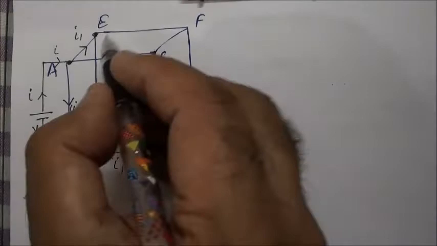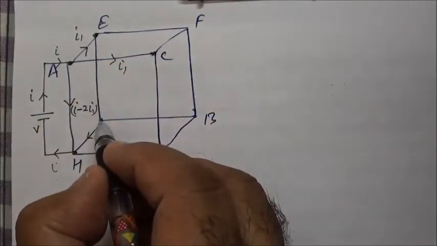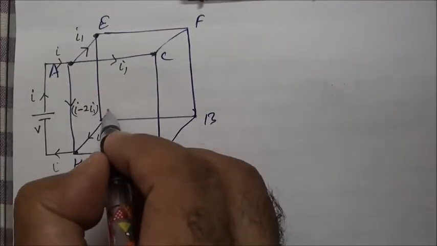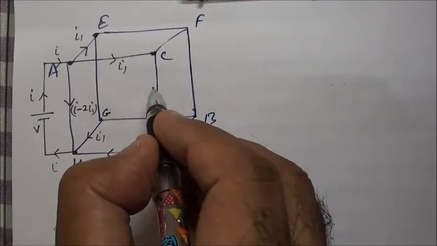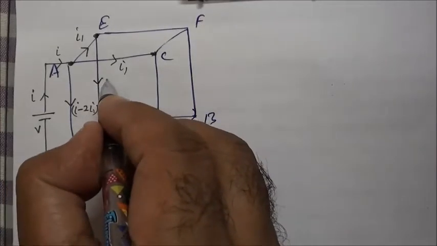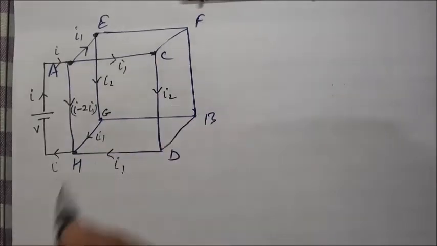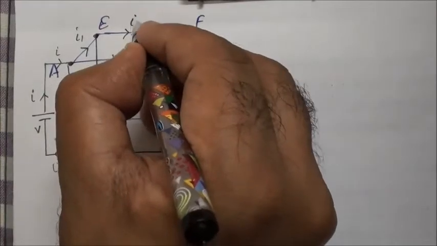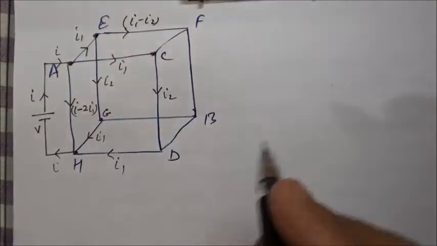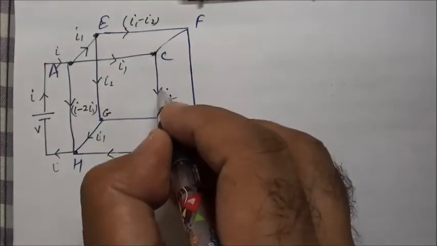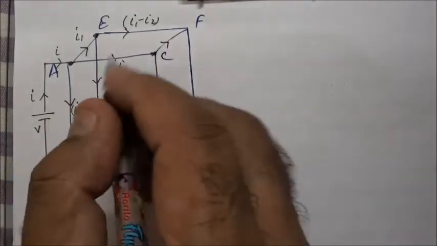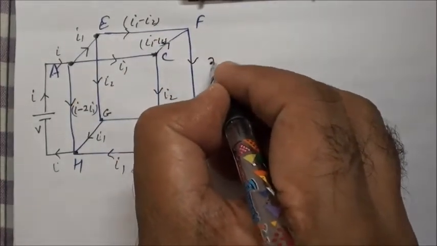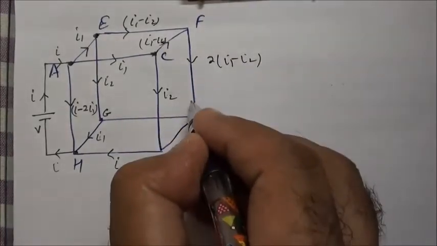Same way here, one path is this and one this or this. See, but this path E, F, this one or this one, they seem symmetrical. Same way if the current is passing E to this point and then coming here, same way C to this point and then coming directly here. This point was G. So this and this are symmetrical. Let us say I2 current here, so here also we will have I2. So what is the current here then? I1 coming, I2 going. So I1 minus I2. Same way this will have current I1 minus I2, and here it will become twice I1 minus I2.